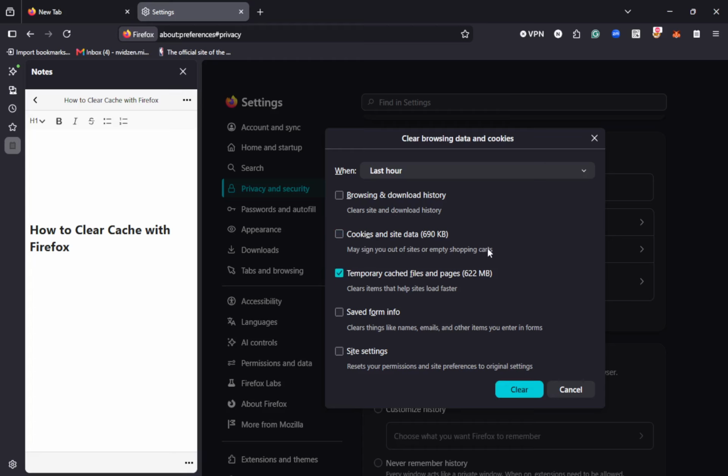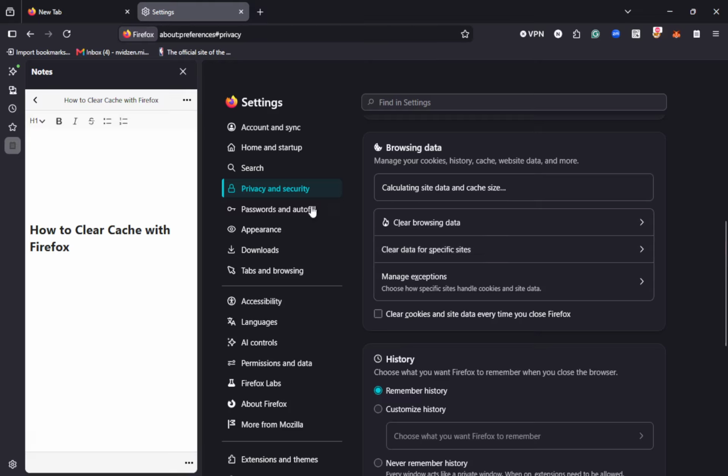This selection is important because cached files can slow down your browser over time. By clearing these files, you help Firefox run more smoothly. It's a small step, but it can lead to a noticeable improvement in your browsing experience. Click Clear to complete this action. After this step, you will see a confirmation message indicating that the cache has been cleared. This confirmation is reassuring, as it shows that your changes have successfully been made. It also ensures that you can start fresh, free from unnecessary cached data.